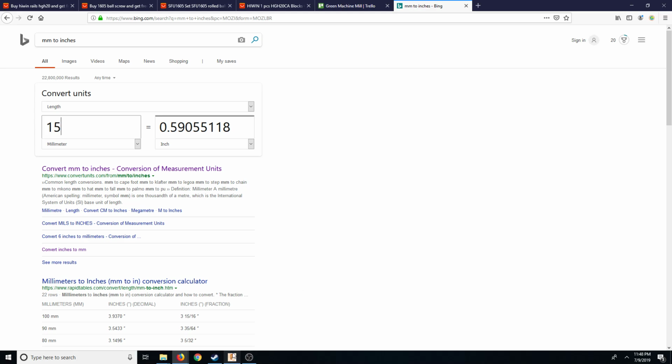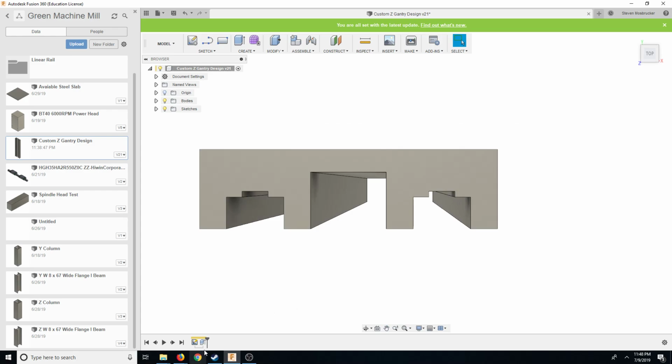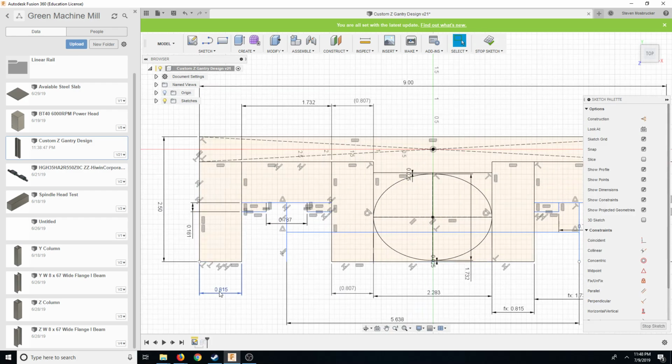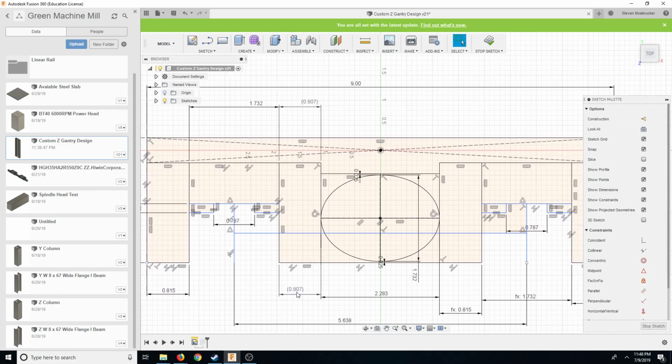So now if we look here, we'll see that it is incredibly balanced. Here we have almost 3/4 inch. So if we take a little bit of slack out,